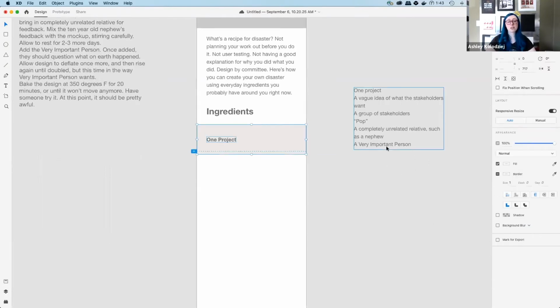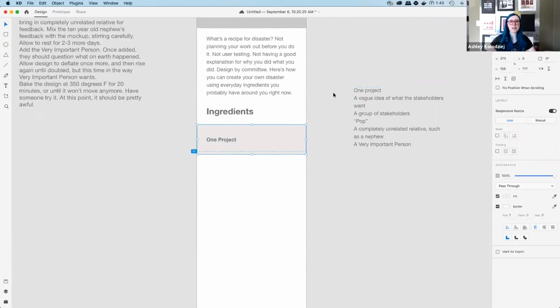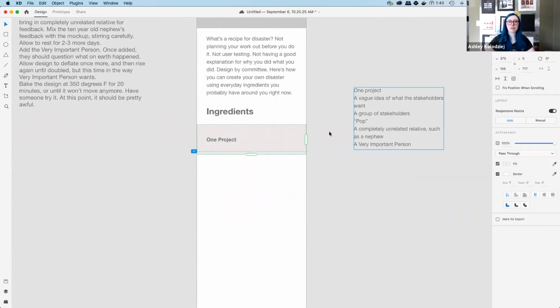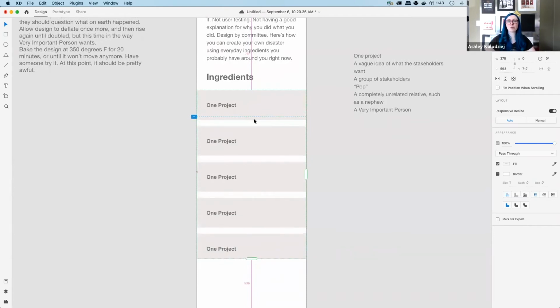All right, so one really neat and handy thing about Adobe XD is that you can quickly repeat items in a grid using what's called the repeat grid. So let's take a look at what that looks like. Here is the repeat grid. We have our item selected, and I've grouped it by doing a Command G. Now we can click repeat grid. What this is going to do is change this to a green handle. And if you drag this out, you can see that now this is being repeated.